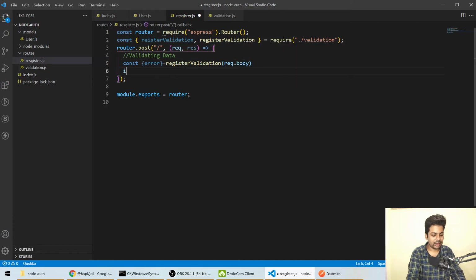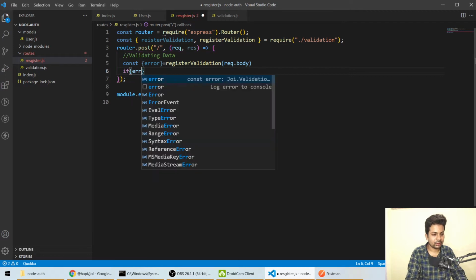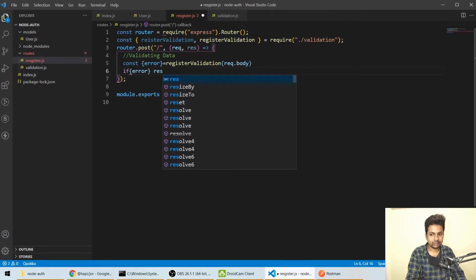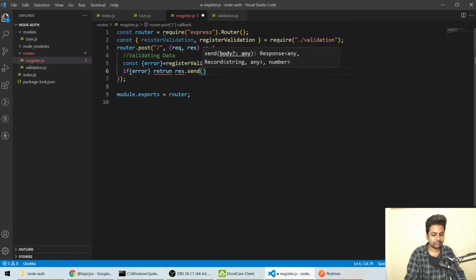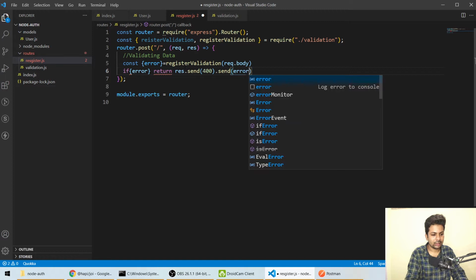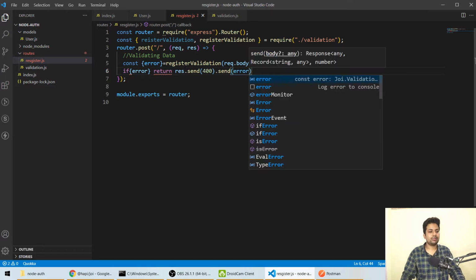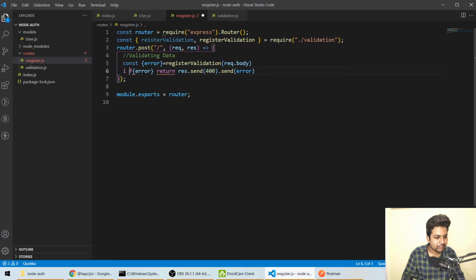And if error, we'll say return res dot send 400, return 400 dot send error. Okay, so yeah, there's some error again. Yeah, okay, it should be a bracket, not curly braces.